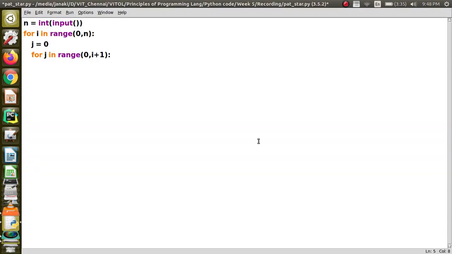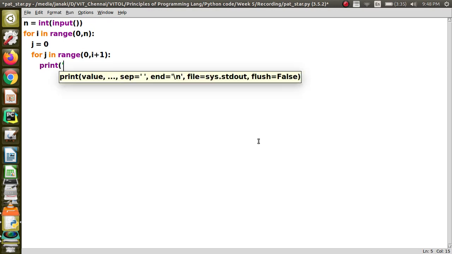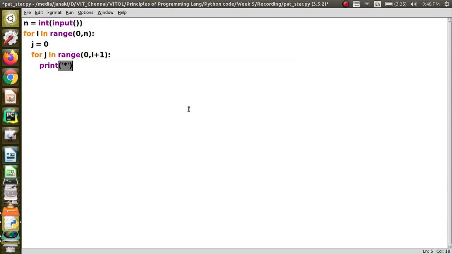I have to print star. Sorry, this j equal to 0 is also not required. This is a mistake because it is integrated with the for loop. Sorry for the mistake. So I am going to say like this, and that's all. The increment is also bound with the loop itself. Right, now I will execute this.